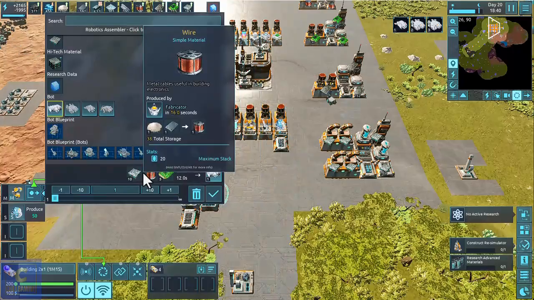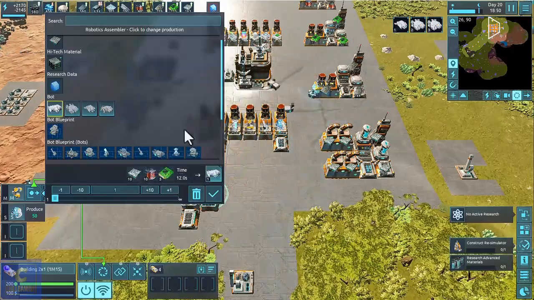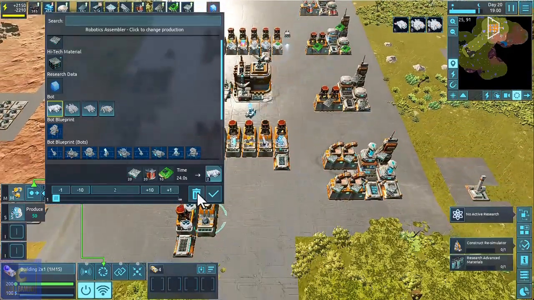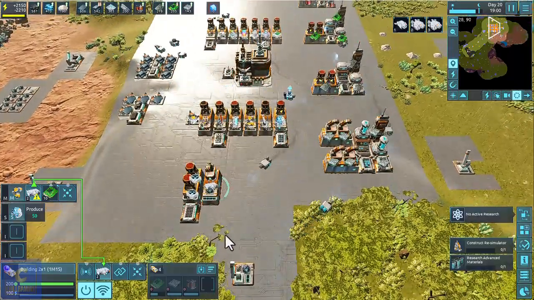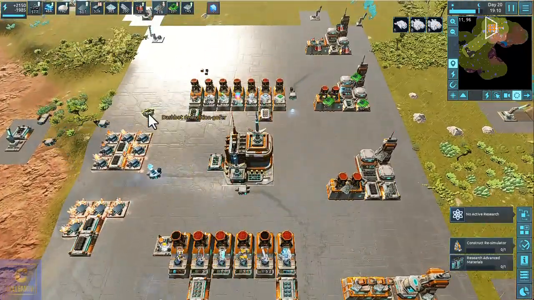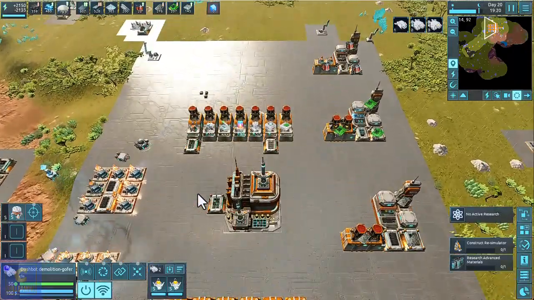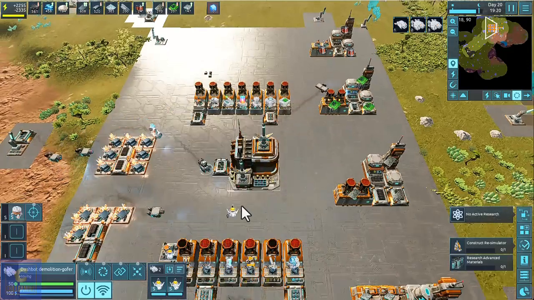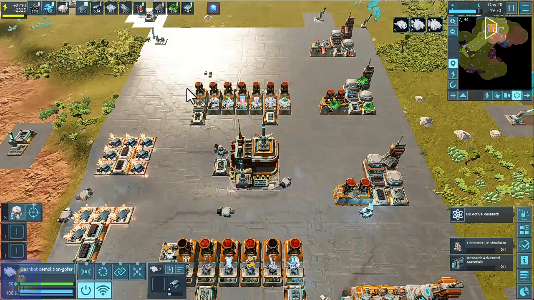So we need 10 of those, 5 and 10 of those. We've got plenty of those, we've got 40 of those in there. So if I do 1, 2, just do 2 for now. And get the ball rolling on those. What's that thing doing? Okay, so that's got 2 factories in it. I wonder why it's done that. So come down here, take them 2 out. Oh, I know why, because it